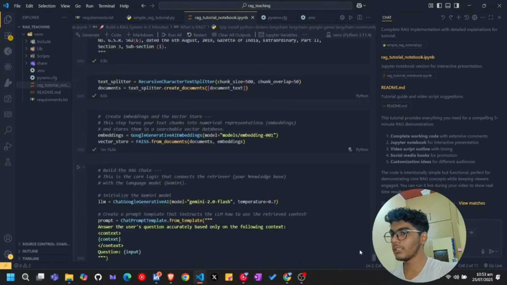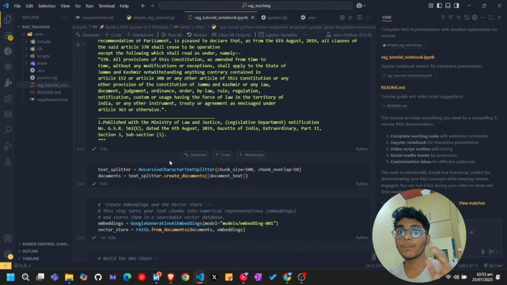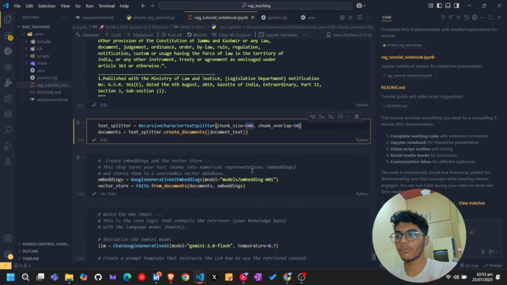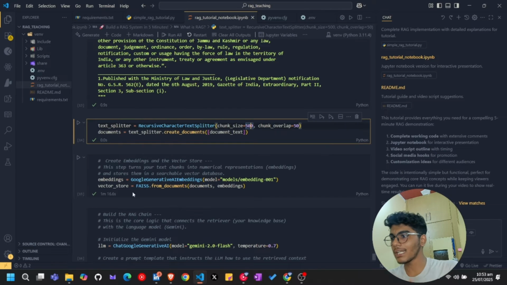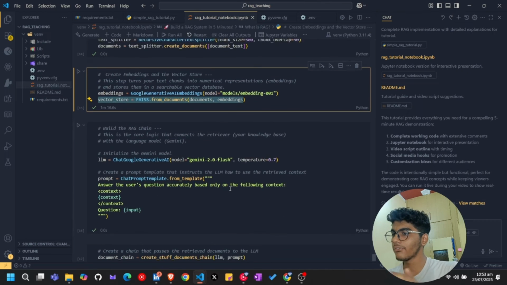After this document, we have the text splitter. The text splitter creates chunks. I previously said we have to create chunks due to the processing limit. So here the chunk size is 500. After creating our chunks, we create an array to store them. After storing our chunks, we create embeddings of those chunks, and after creating them, we store those embeddings in the vector database. So here we are doing these things: creating embeddings, then storing them in the vector database.